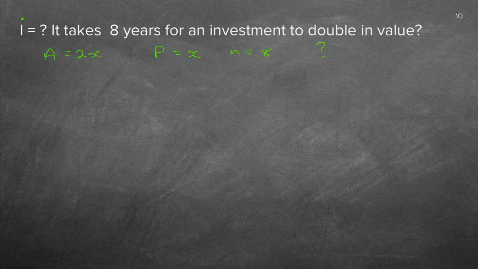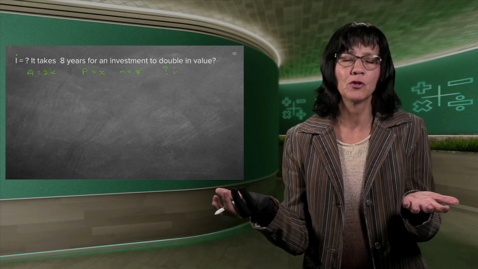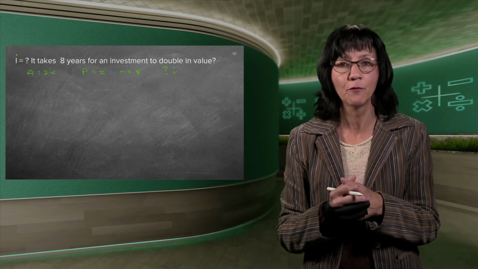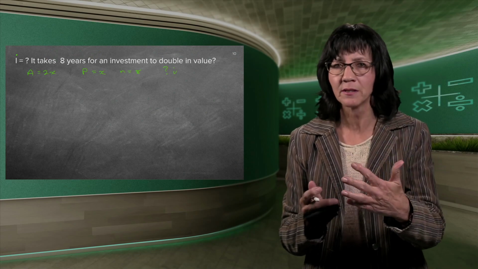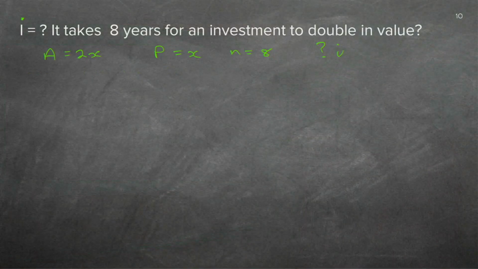They are asking the I. Before you ever start with a financial problem, write down your 4 things. 3 will be known and 1 will be unknown. If you can't write that down, you actually can't use your formula. So it's no use writing down the formula if you haven't written down these 4 things. So make it your method. Always write it down, and then only you write down the formula, because then it's very easy.